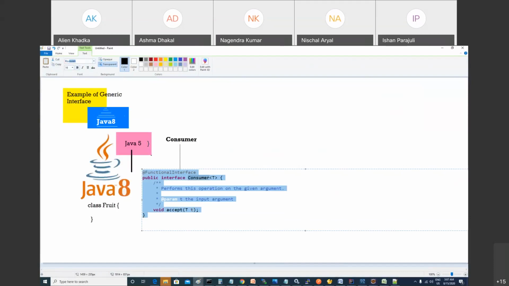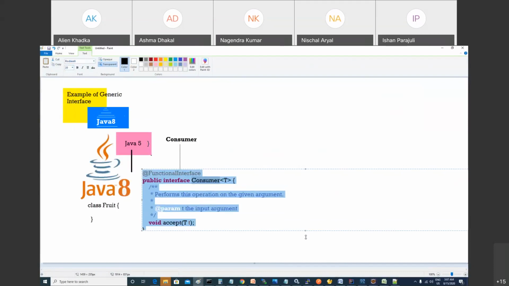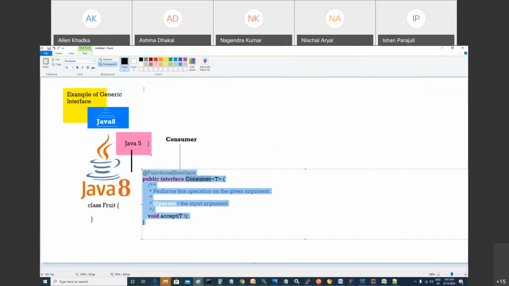General. It can eat integer, mango, banana, papaya, anything. But will it return anything? No. So if somebody asks what is a Consumer, you can say Consumer is a functional interface which takes one parameter of general type, but it does not return anything. What is the method name, Ashma? Accept. You should remember it takes only one parameter and does not return anything.